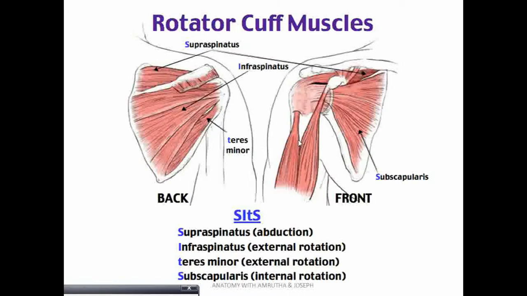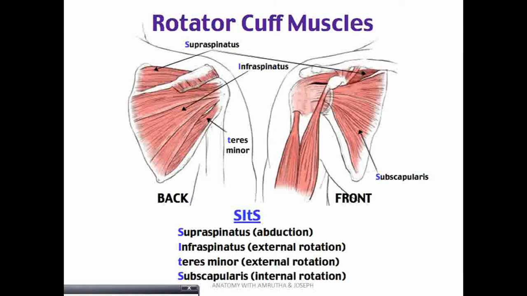Rotator cuff muscles. These muscles are called SITS muscles. They stabilize the shoulder joint. The shoulder joint is weak when compared to other joints of the body, but it gives a lot of mobility. So the strength and stability are compromised for the movement in the case of the shoulder joint. There are ligaments which support the shoulder joint, but the issue here is that the glenoid cavity of the scapula is very shallow compared to the head of the humerus, which articulates with it.